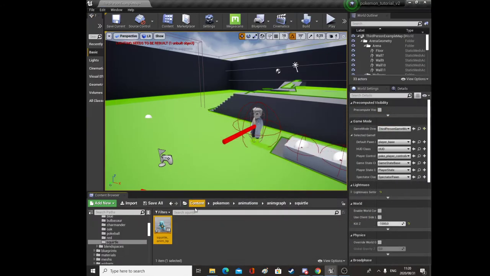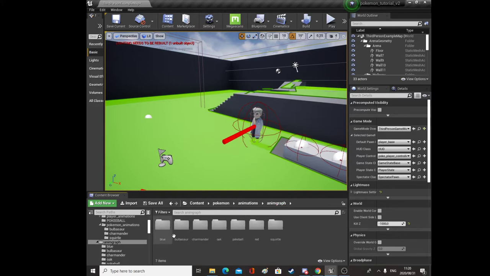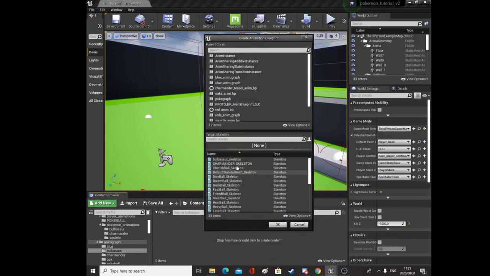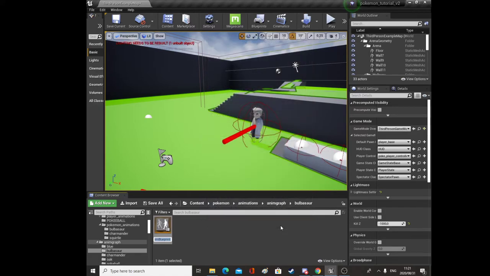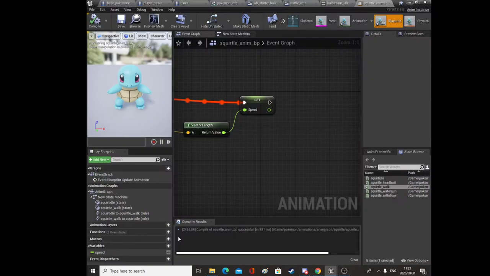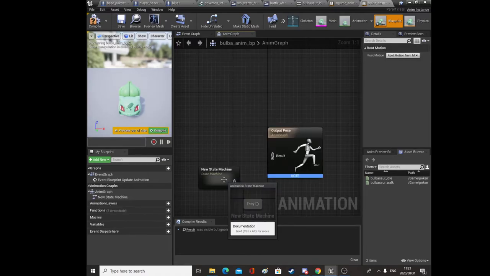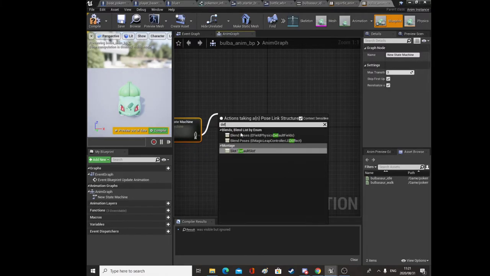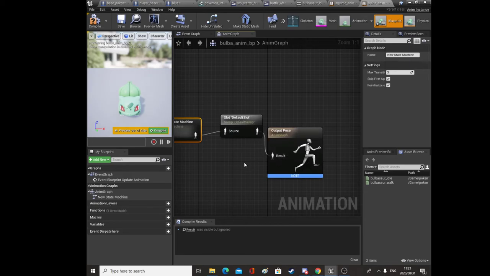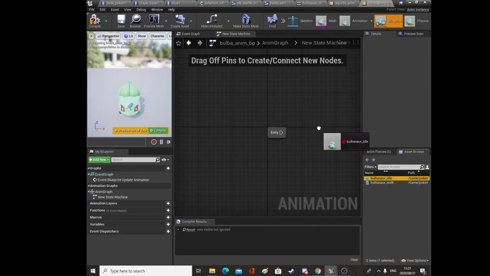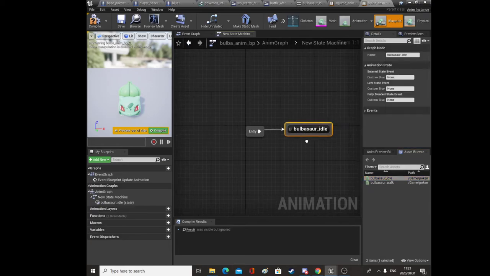Great stuff. Now we need to go to the anim graph folder, go to Bulbasaur, and do one for Bulbasaur. So animation blueprint, Bulbasaur skeleton, call this Bulba anim BP, state machine, and add it to the default slot. And we'll name all of these as the animation graph gets more complex, but as of now